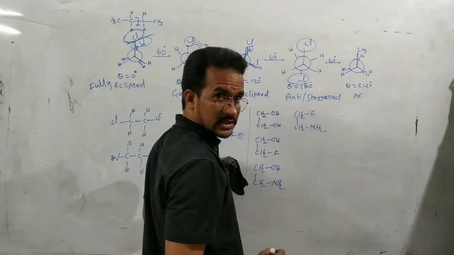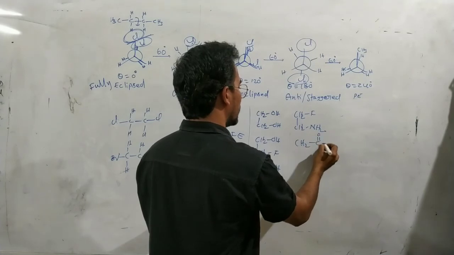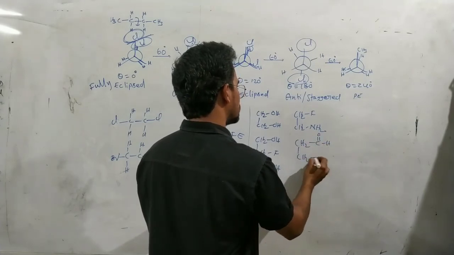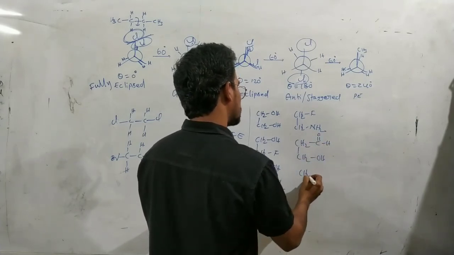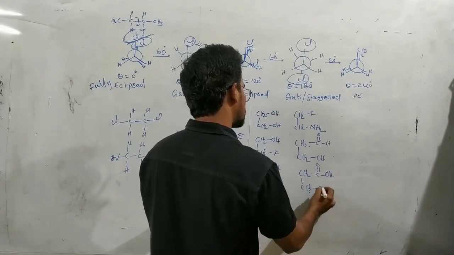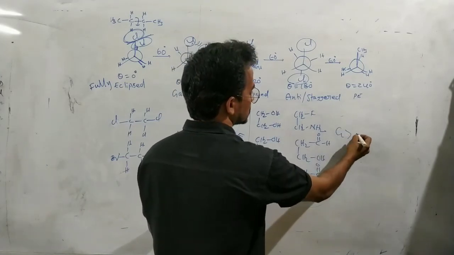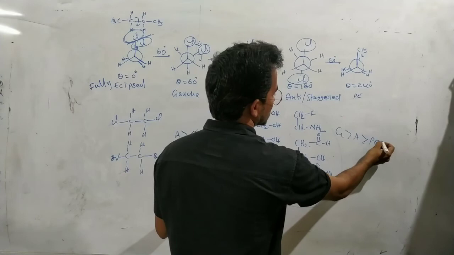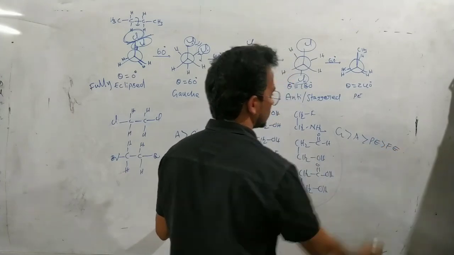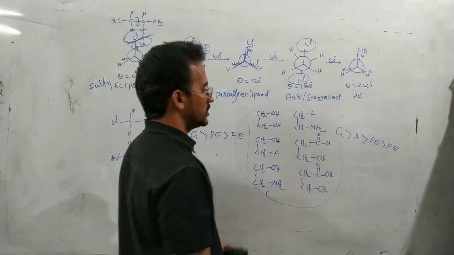Or next, let's see this one. CH2OH and CH2OH. And here CH2C double bond OH and CH2OH. For all these compounds, the gauche conformation is more stable than the anti, partial eclipsed and fully eclipsed. Here in this case, the gauche conformation is stable